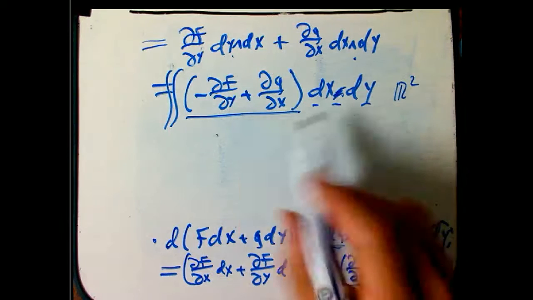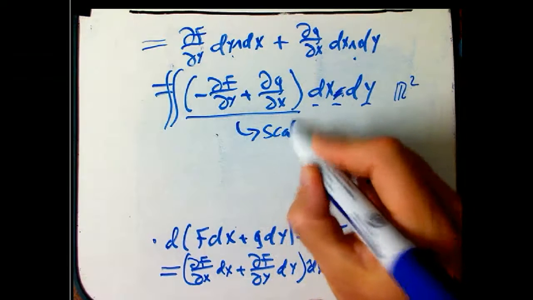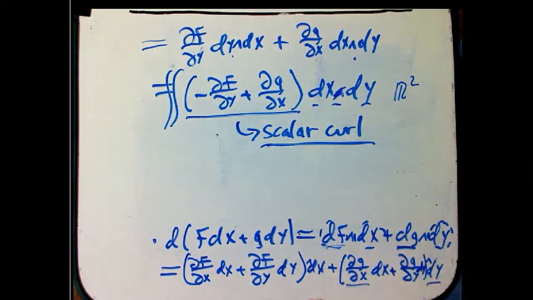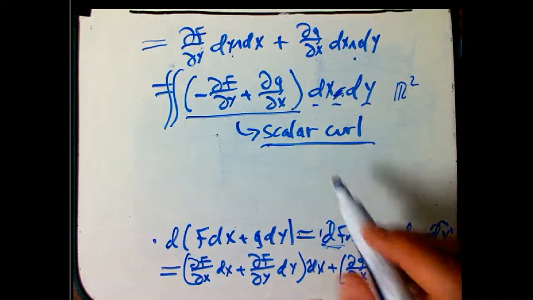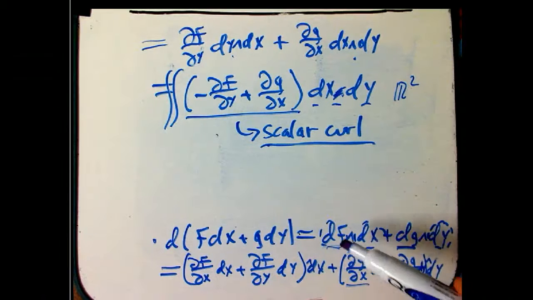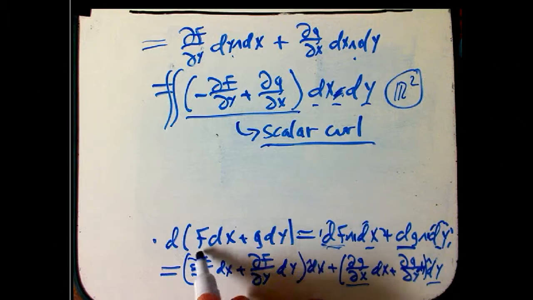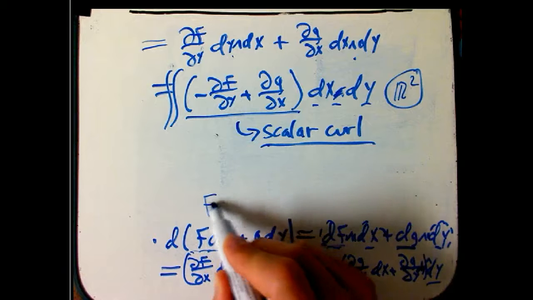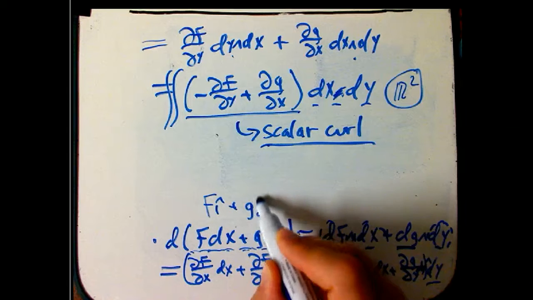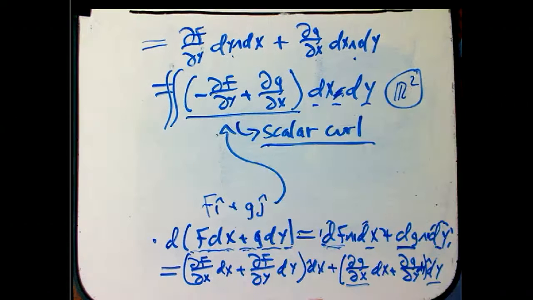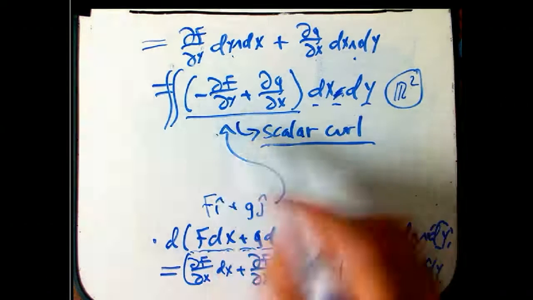This should look very familiar. This is the scalar curl. Not everybody uses that terminology, but it's the integrand in Green's theorem. Okay, and it's just basically one component of the curl. It's as complicated as the curl gets in R2. And so we've got here, hey, you could think of this as kind of a replacement for fi plus gj, a vector field, and the d has automatically, without having to be told to, created the scalar